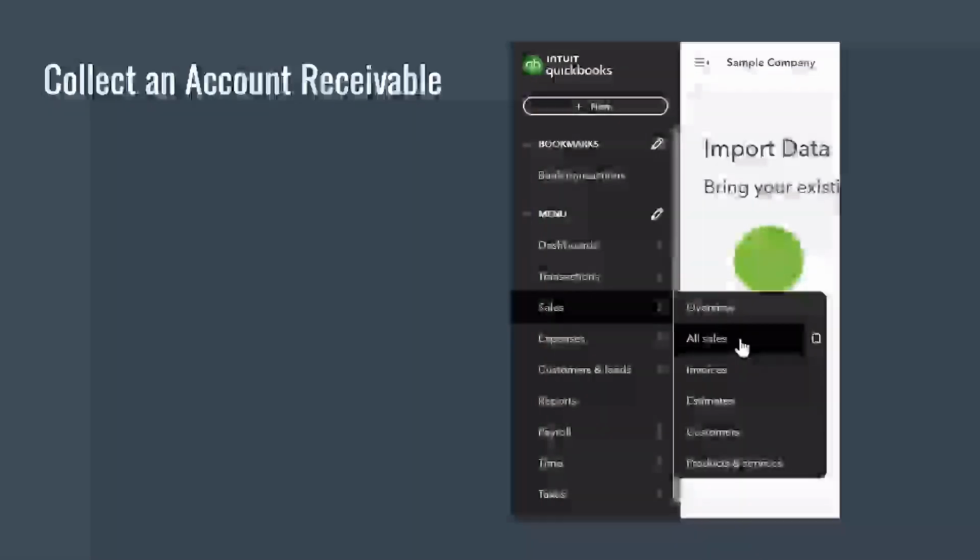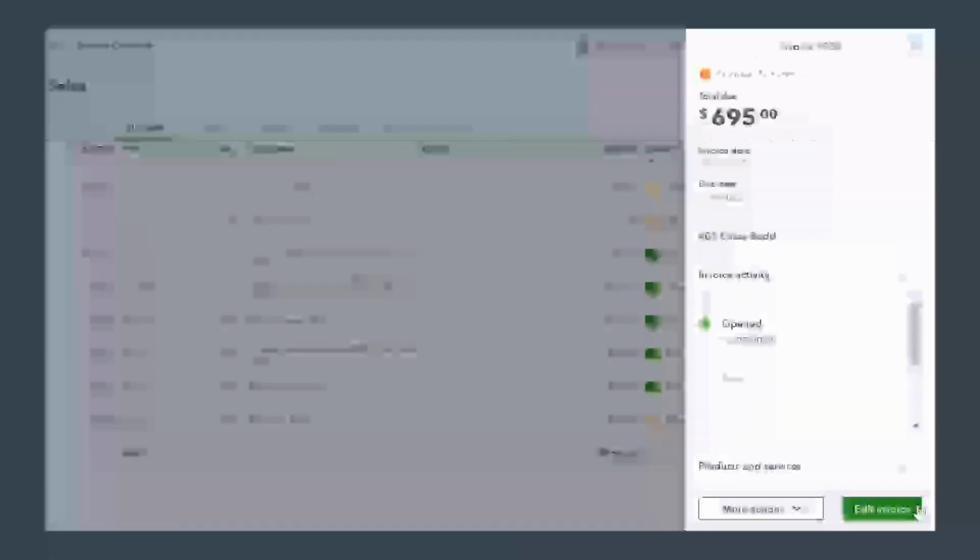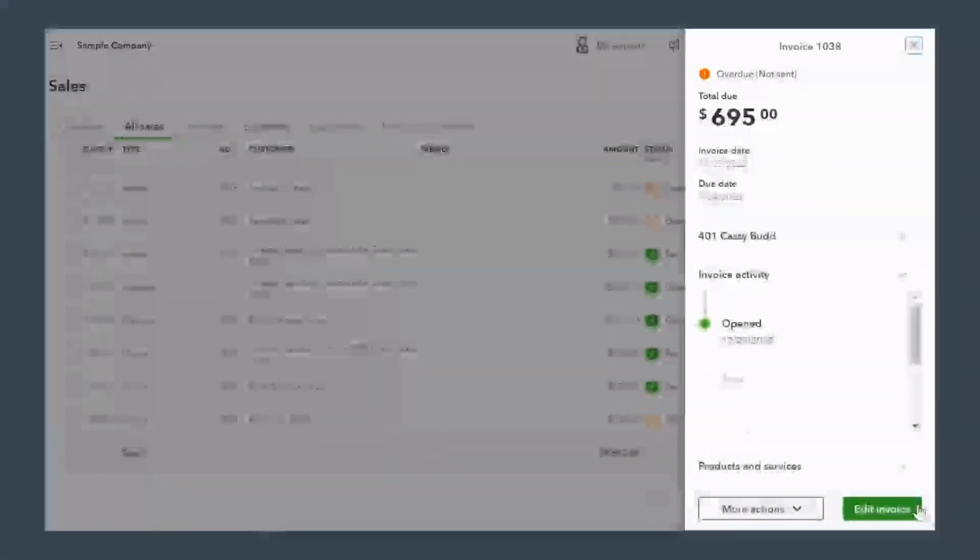Then we get to receive payment from Cassie Bud. So we're going to collect an accounts receivable. Here we're going to go to the left dashboard and go to sales and then click on all sales. And here we will find our customer Cassie Bud. So you have to scroll down to find her, then click on Cassie Bud and hit edit invoice here on